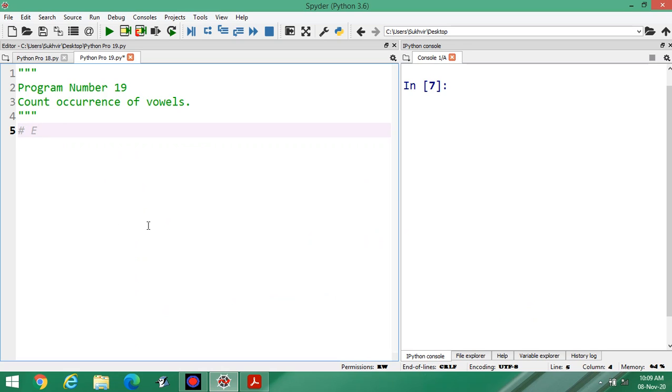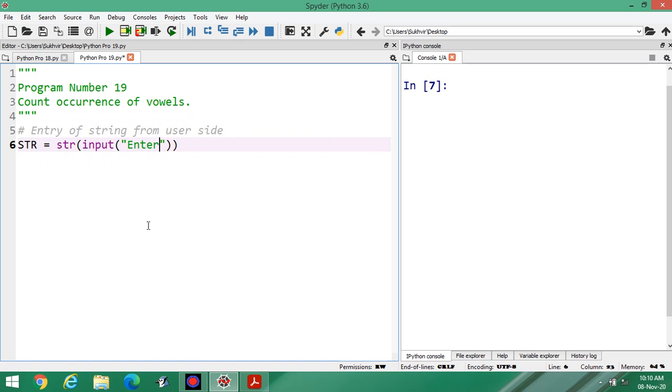First, the title required is entry of string from user side. For that, what we have to do? Suppose str is the string, then input, enter any string,